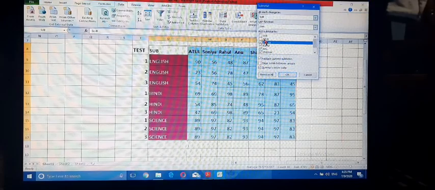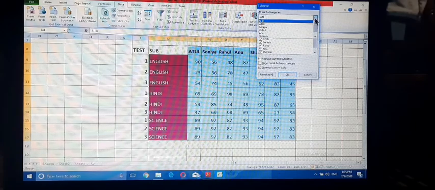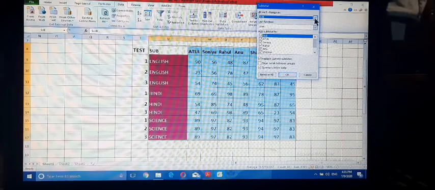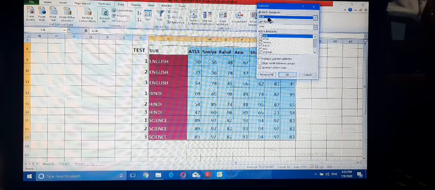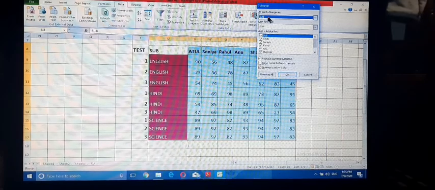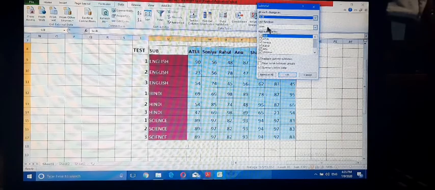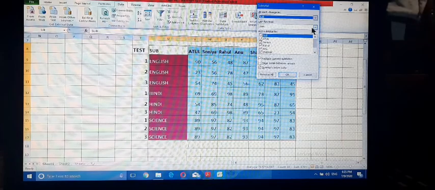First select the column on the basis of which you want to calculate the subtotal. Here it is the subject. Select the function.